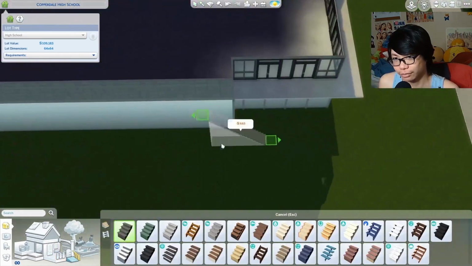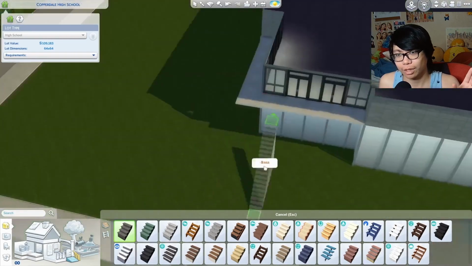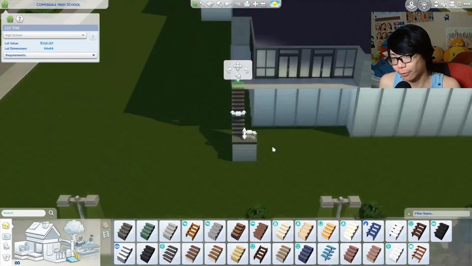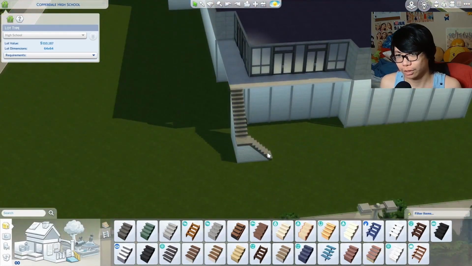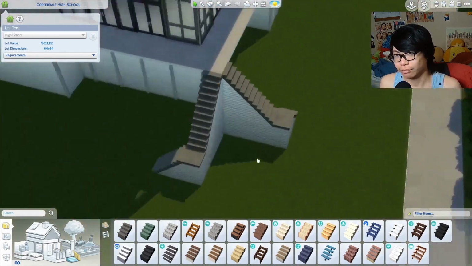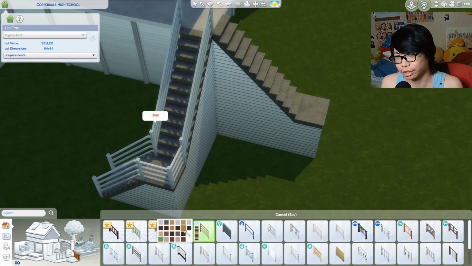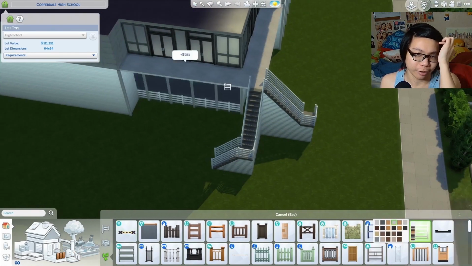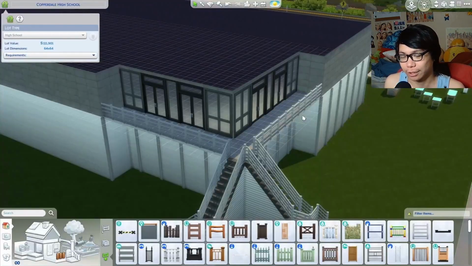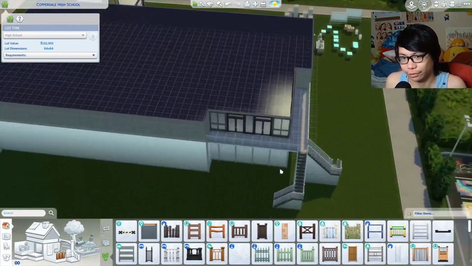So for the doors, I just made a little area to go from there to the ground floor. Inside the actual school, there's no real way to go upstairs from inside. That is because I didn't want to use the second floor for anything, or the other floors for that matter. For this particular building, I only utilized the first floor because